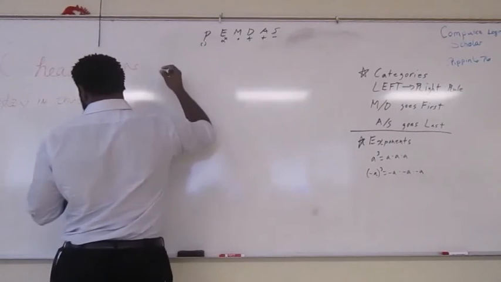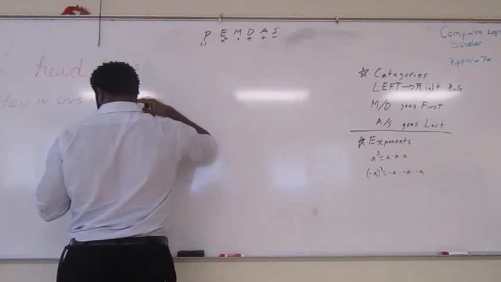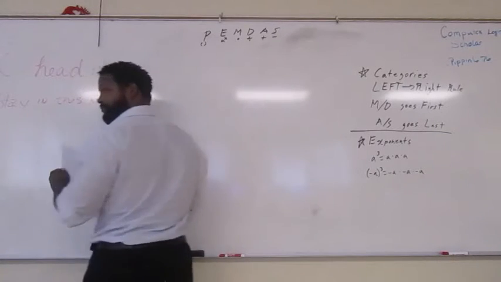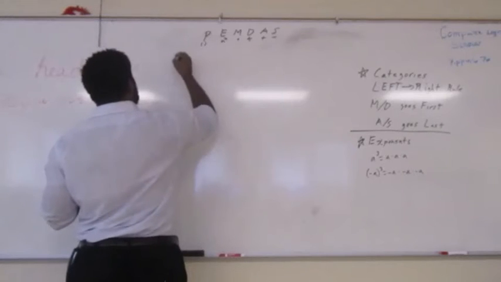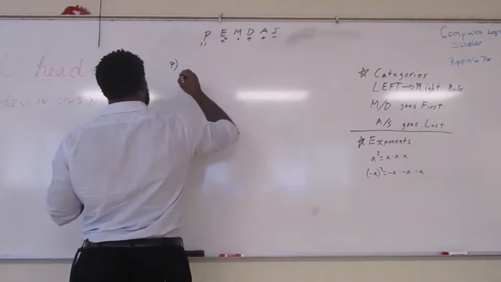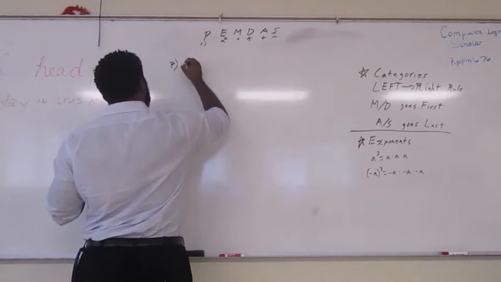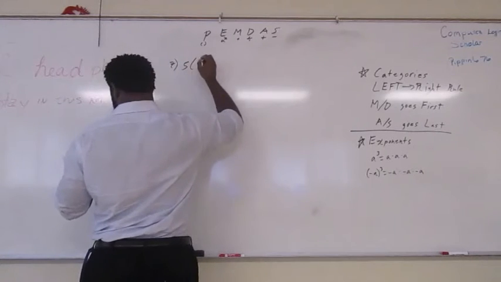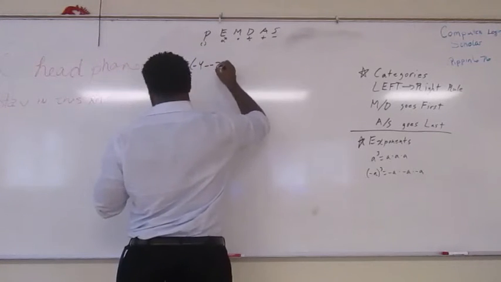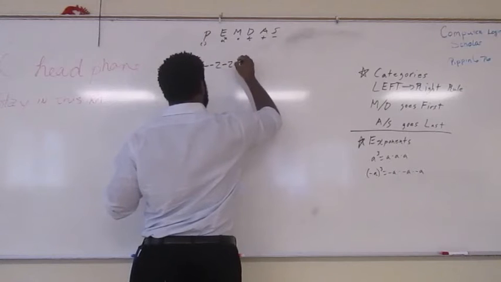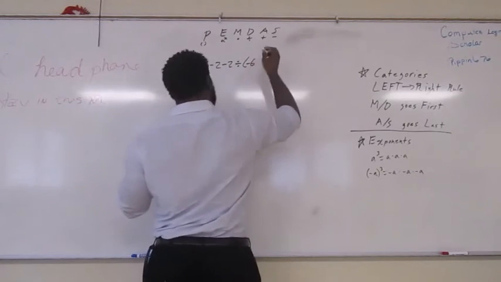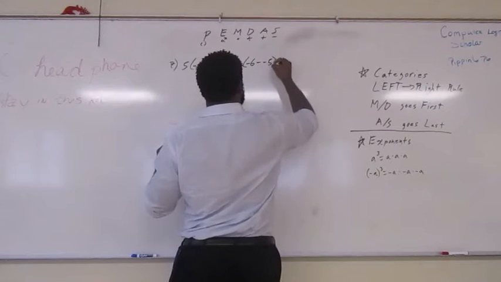So, number 5. Let's do number 7. I was writing number 5, sorry. Let's do number 7. 5 minus 4, minus a negative 2, minus 2 divided by parentheses negative 6, minus a negative 5